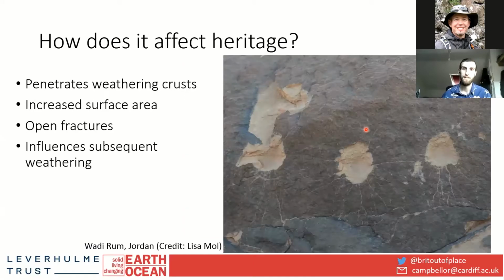So how does this affect heritage? When a stone is left exposed for long periods of time, it can develop what we call a weathering crust. This is where the surface of the stone only weathers to a certain depth, and then this crust protects the stone below from any further weathering. In this example, the weathering crust is this deep red brown color caused by iron minerals in the surface reacting with the atmosphere. And these bullet impacts have punched right through that crust,